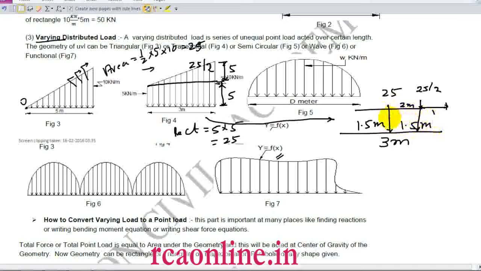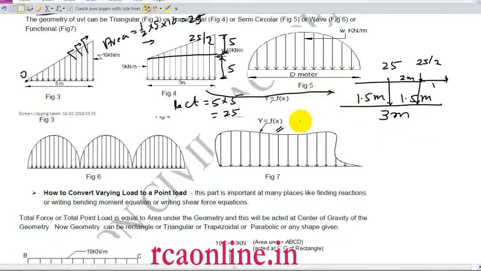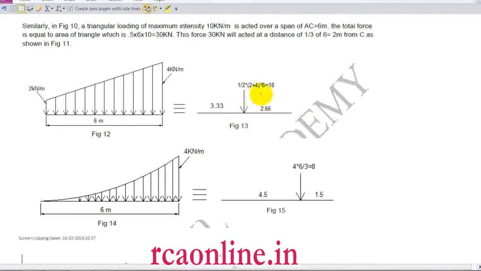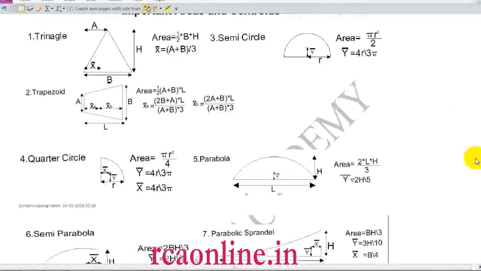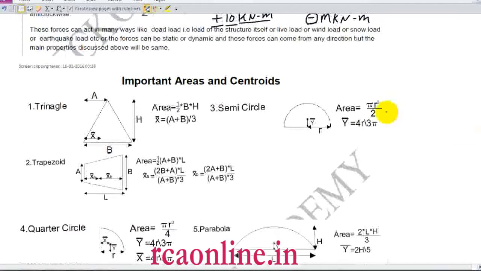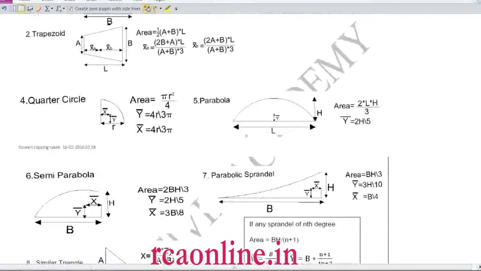That will be just very simple for you if you follow these instructions. Clear? Now some formula you have to remember. Clear? So I have taken few of the example which you can see in my note section. So you can go to the website and download this chapter and check it by yourself. Now I have given some important areas and centroid. I request you that you remember it, because I will be requiring them very frequently.